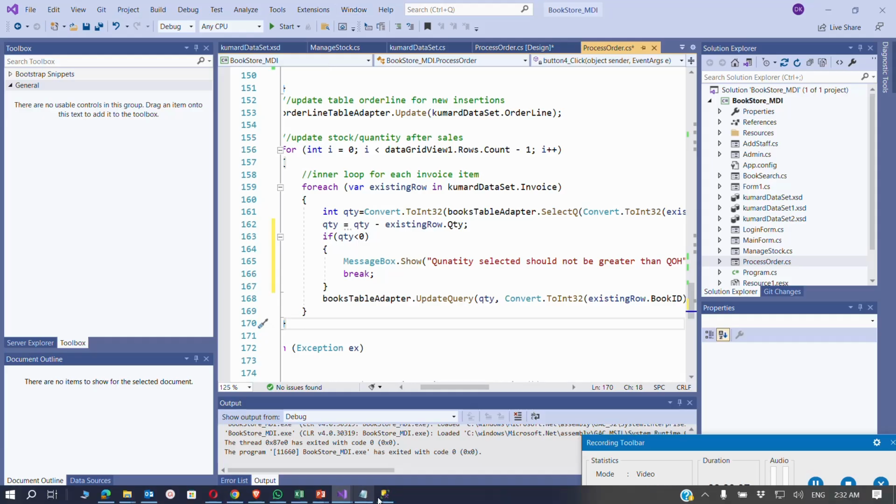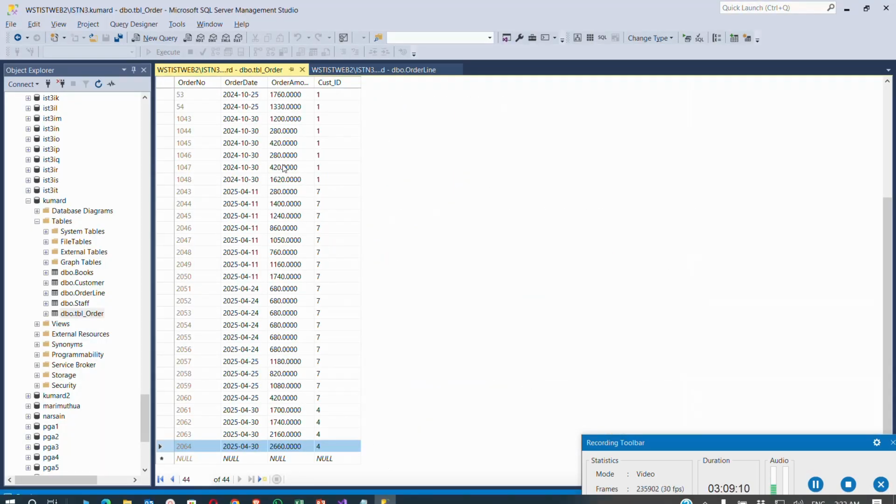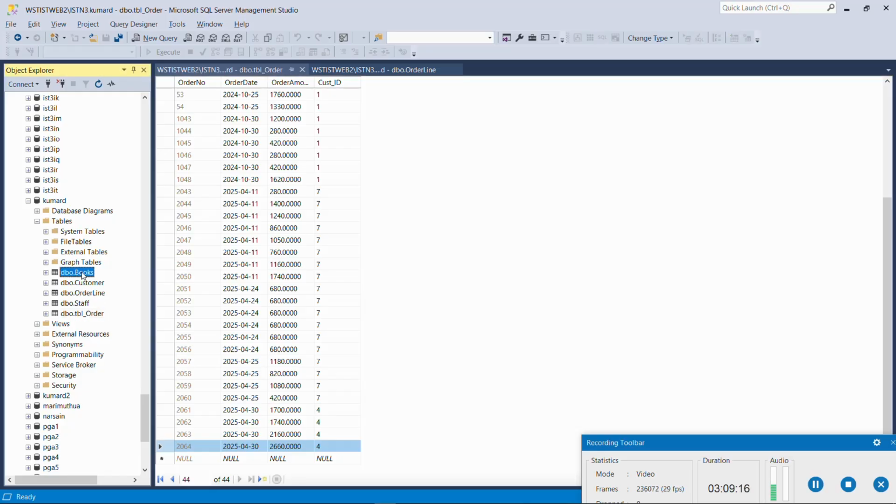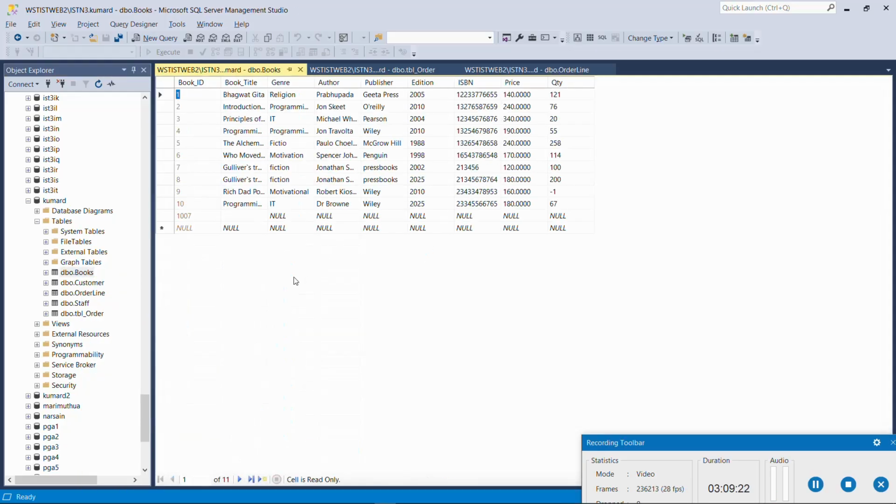Of course, I need to change the quantity of the book with book ID 9 to something I can demonstrate. It's gone to -1 now, so let's keep it at 5